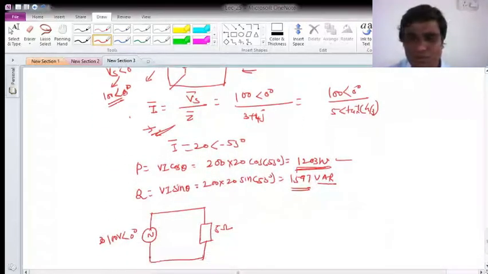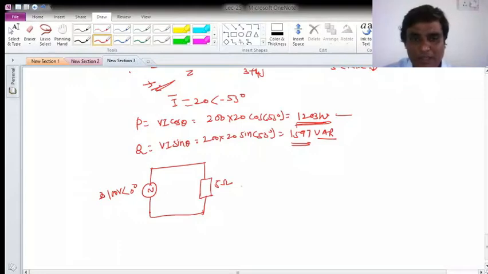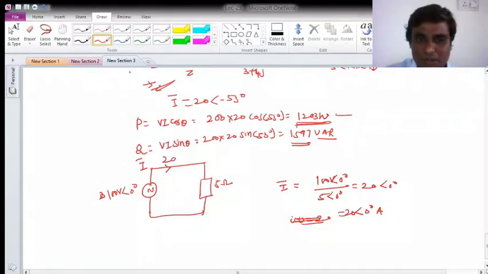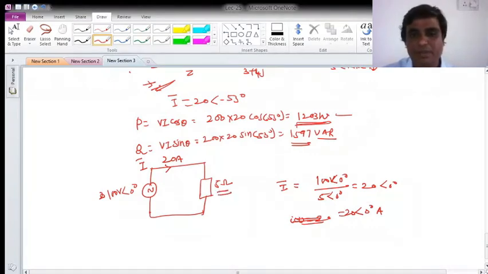Okay, so let me calculate what my I phasor will be here. Your I phasor will be 100 volt with angle 0 degree divided by 5 with angle 0 degree, so it comes out to be 20 with angle 0 degree. Your i of t will be 20, if it is sine, then sine omega t. So I will write only 20 with angle 0 degree amps. What I observe is that here also the same 20 ampere is transmitting through the lines. The magnitude of the impedance is also the same.